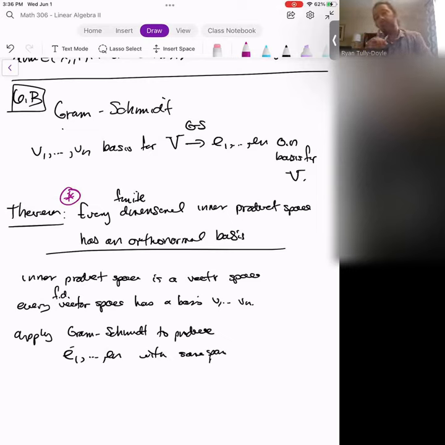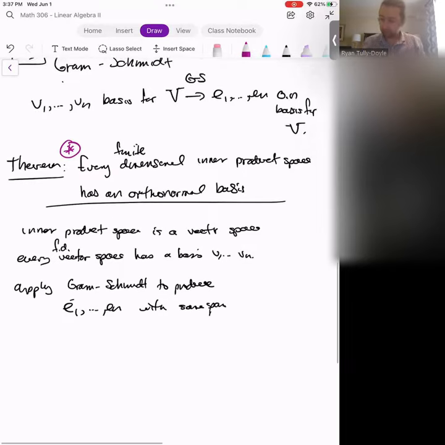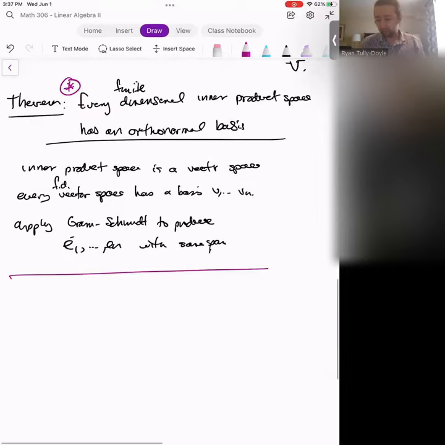Okay, now a related theorem that is in some sense even more useful is that any orthonormal set, you just start with some vectors that happen to be orthogonal unit vectors, can be extended to an orthonormal basis. Remember, one of the most important things about a basis is if I have a linearly independent set, I can always extend that to a basis for a vector space. The same game works with orthonormal vectors. So I'm going to remind you